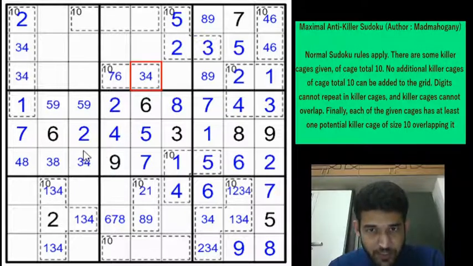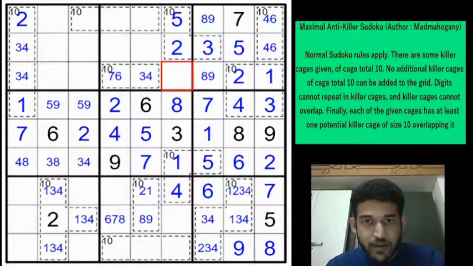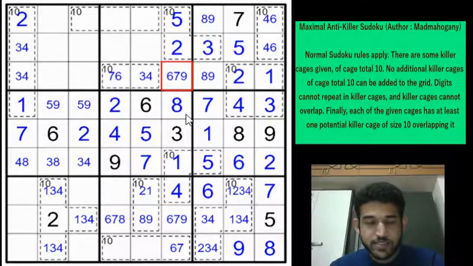Any more vice versa eliminations? I don't think so. So along column 6 we have filled 6 digits. So the remaining digits are 6, 7 and 9, right? And 9 is here. So this will be 6 or 7. This will be 6, 7 and 9 and this will be 6, 7 and 9, right?